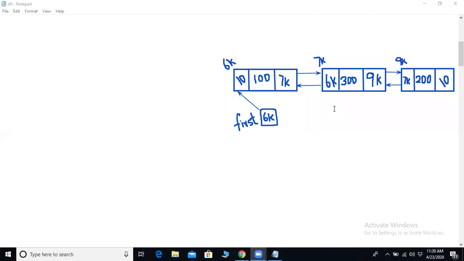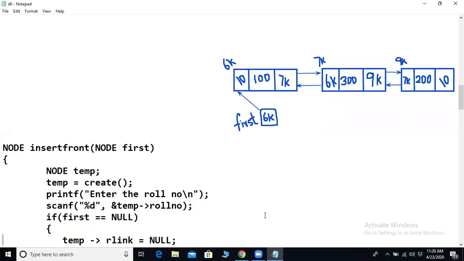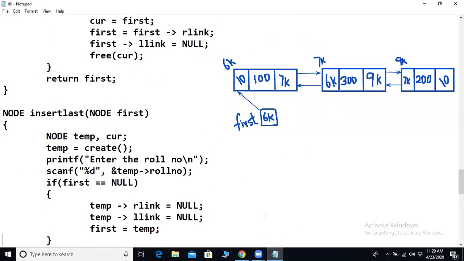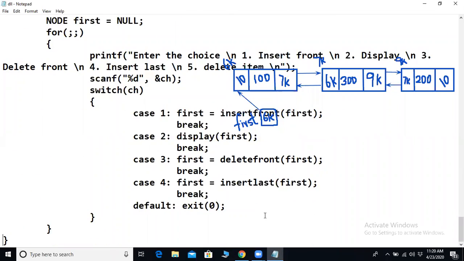Okay, with that understanding, let's start the implementation of the code, the implementation of delete item. To start with, let's go to the main function. I will be adding a case for delete item.